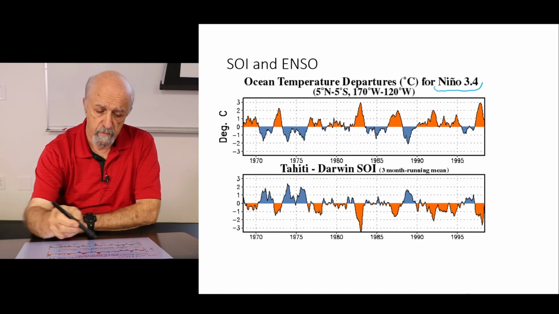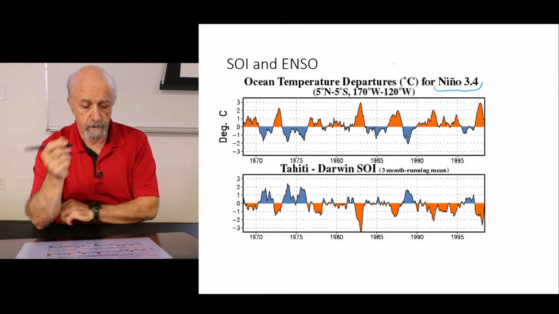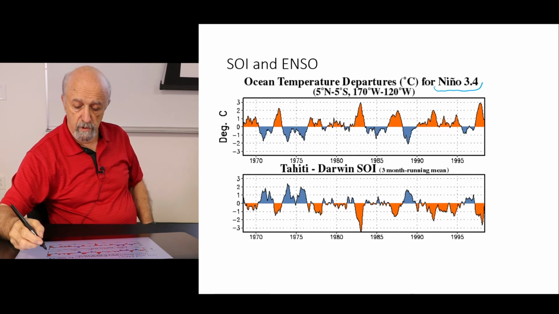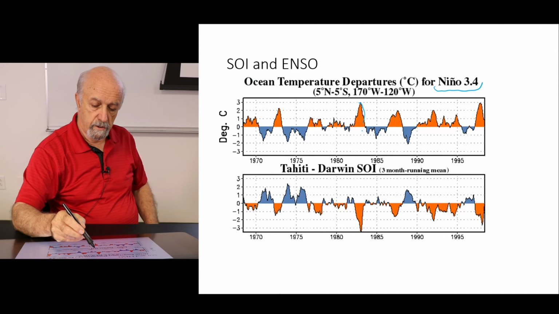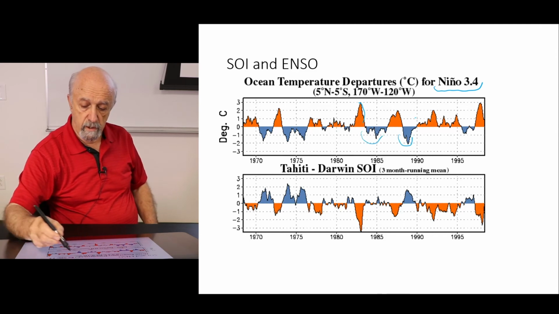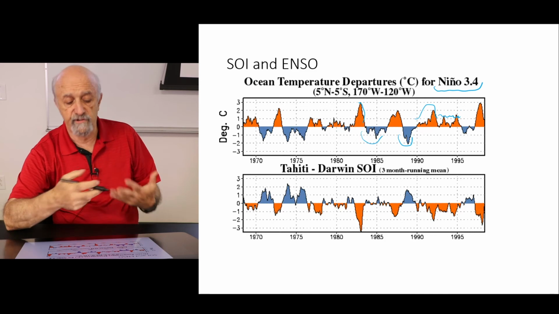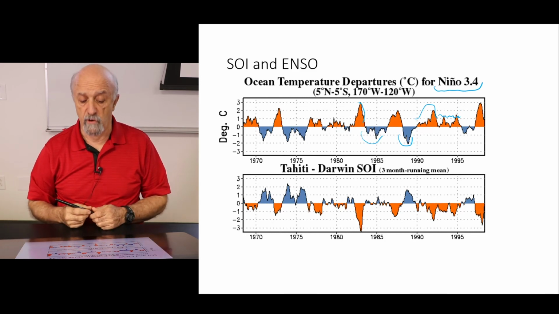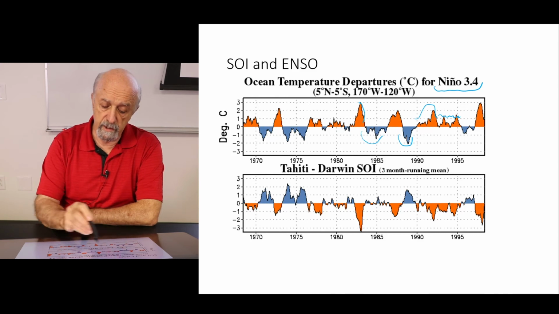first one is ocean temperature departures in Celsius. And we see here, obviously, changes in the positive marked in red, and changes in the negative marked in blue. And so these are Niño, and sometimes El Niño is not really well defined, or the effects are less strong. And then what we see here, between Tahiti and Darwin, is the Southern Oscillation Index.